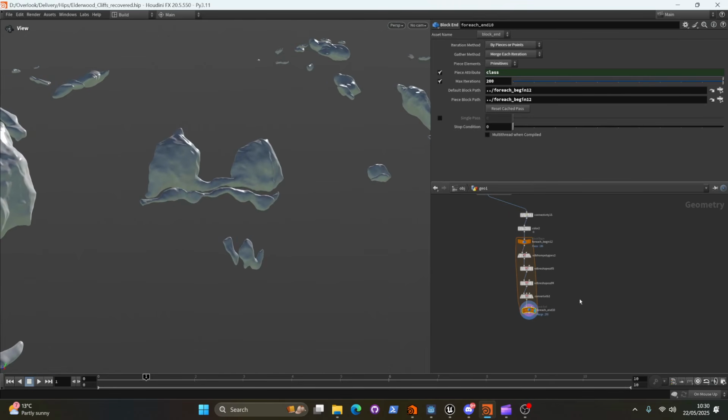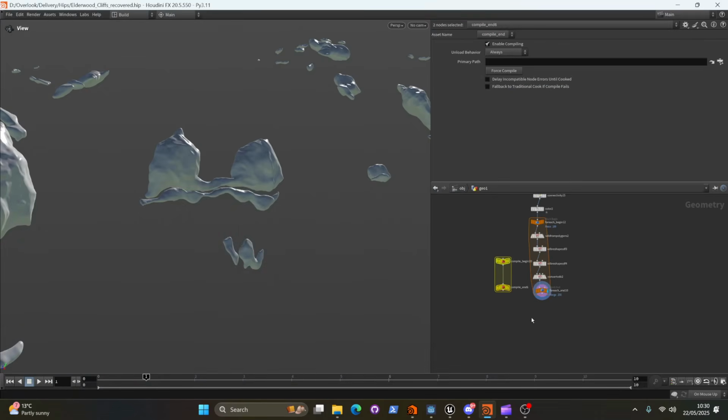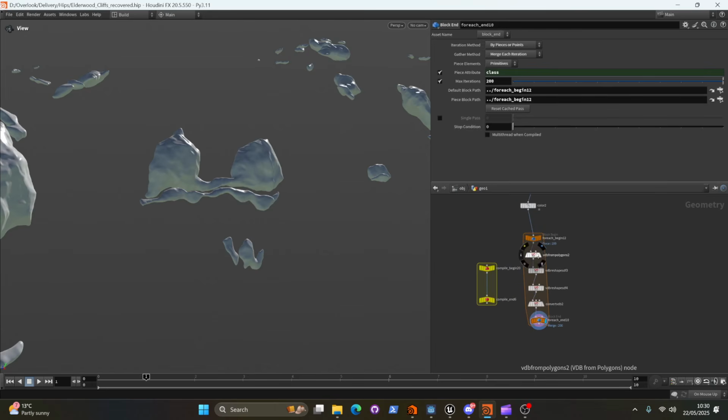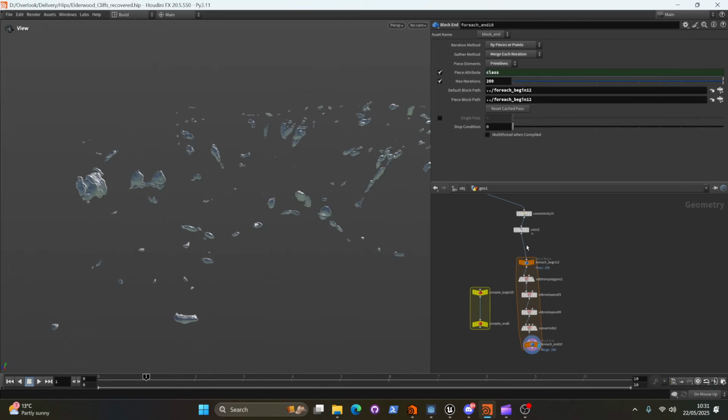So this is where compiled blocks can come into the frame. If we create a compiled block, it's going to treat this whole block, this whole unit of operations, as kind of one operation, and it's only going to copy the memory once. So, you know, there's quite a lot of geometry here, and every node in Houdini creates a copy of that geometry, and things can start to get a little bit slow and sticky. In addition to that, you can